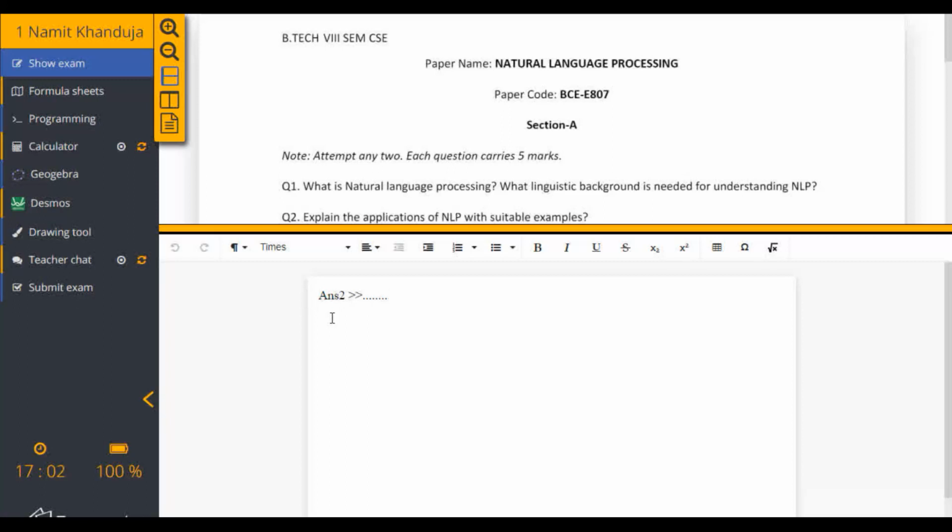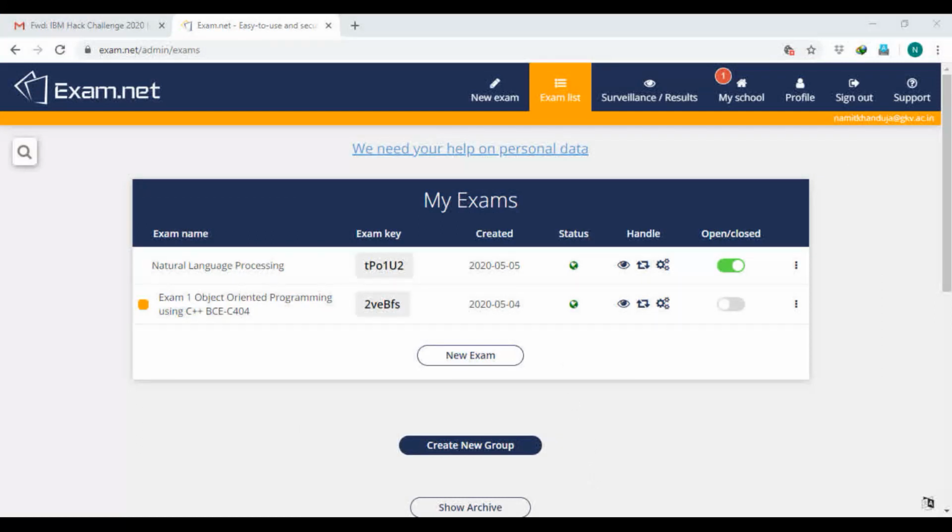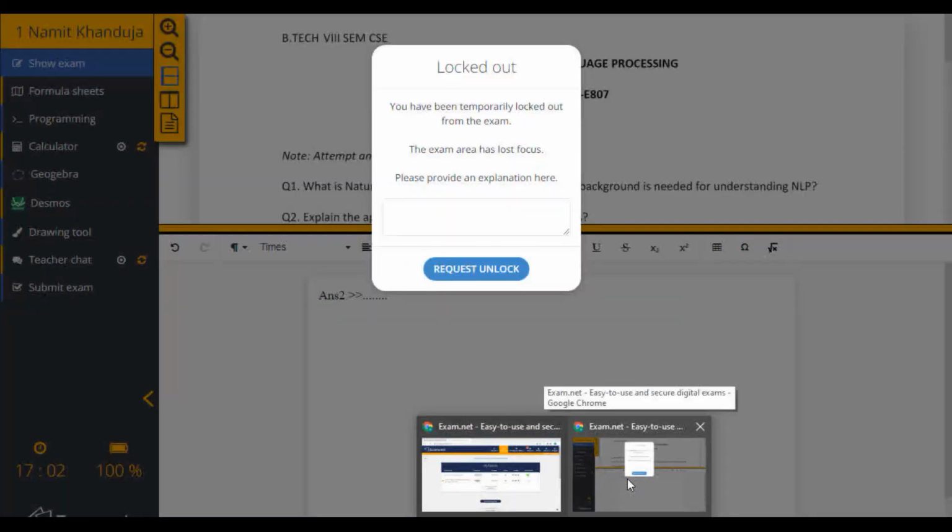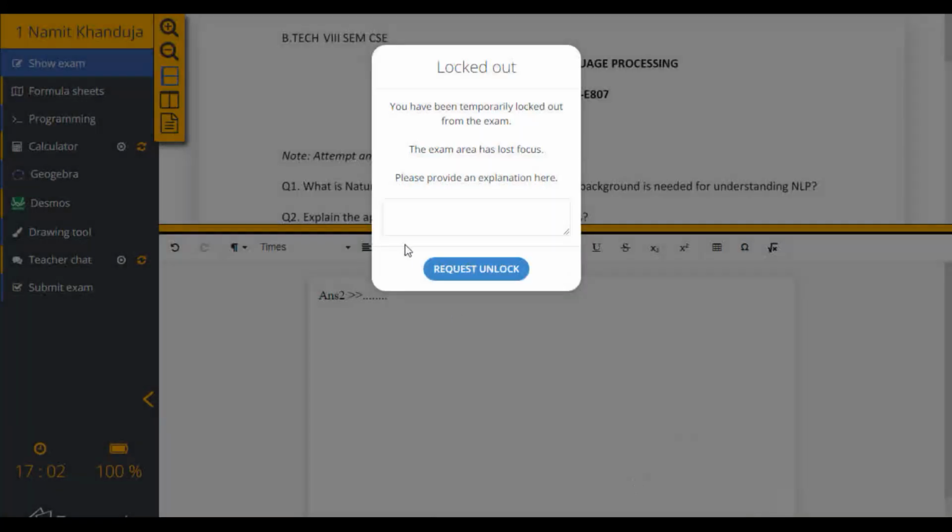What I want to show was the unlocking feature. Suppose this is the tab they are seeing, right? And suddenly I change the tab. What the student will get as information is, see, you have been logged out. If the student changes the tab, it will ask for an explanation, and we set it for 90 seconds.